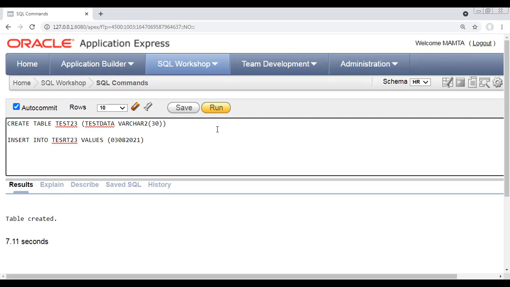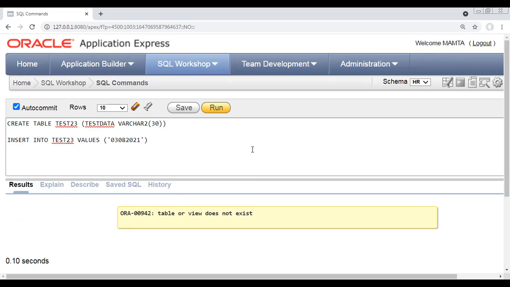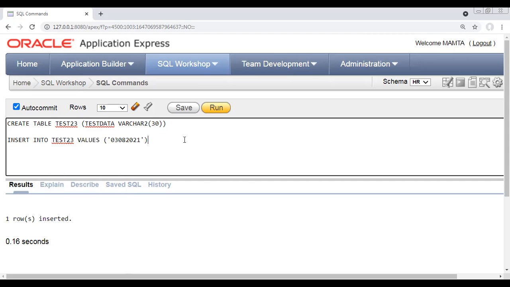Okay. Can you see that we have provided certain characters here? And I insert it. Table does not exist. Okay, I'm sorry, it's my mistake. One row is inserted. Now if I say select star from test 23 and execute,